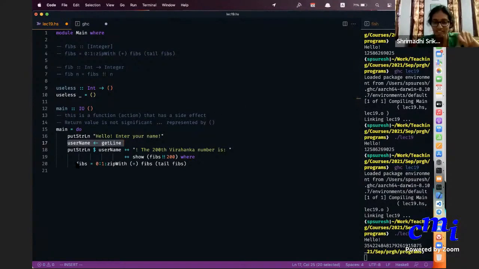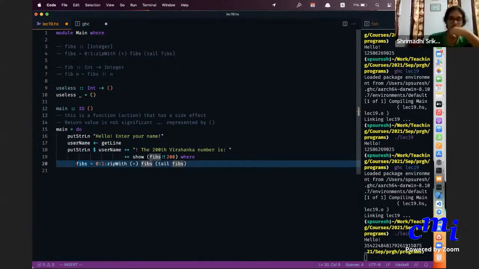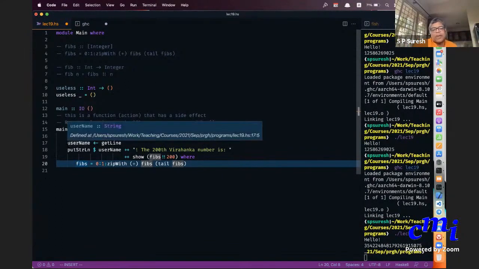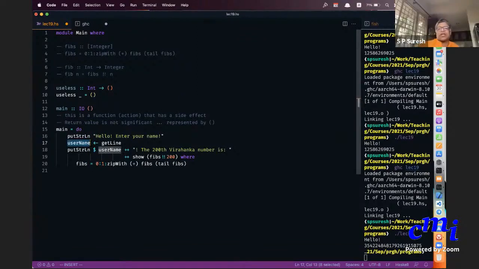What exactly is the name doing? It's denoting the value, like it is denoting the value extracted after getLine. GetLine will read a line of user input, and it is storing it somewhere. That is a real world string. That string is there, you want to extract that value, and that value is stored somewhere in your machine. You want a way to refer to that value. That is what this username is. So this is extracting the value.